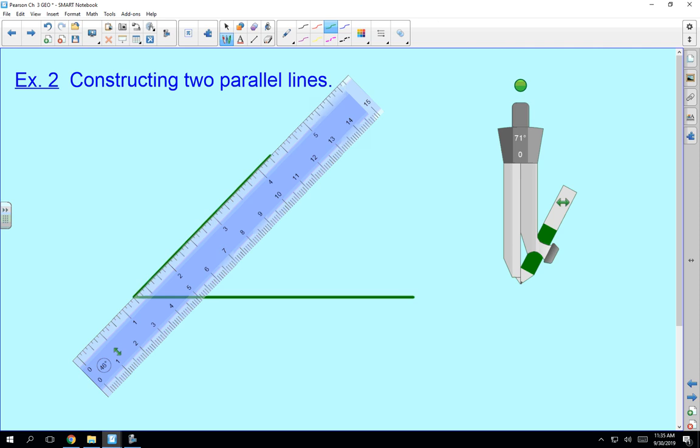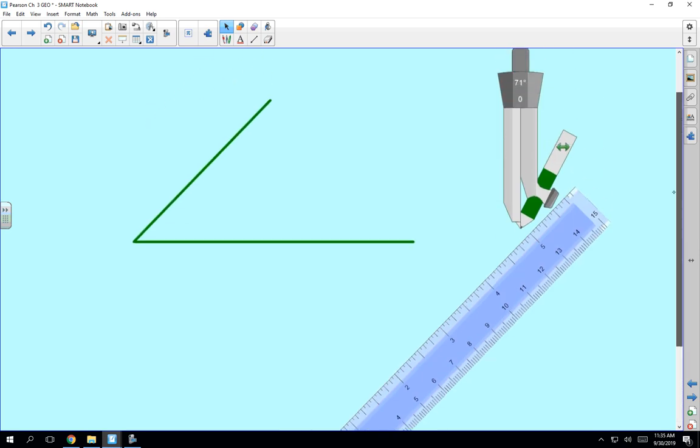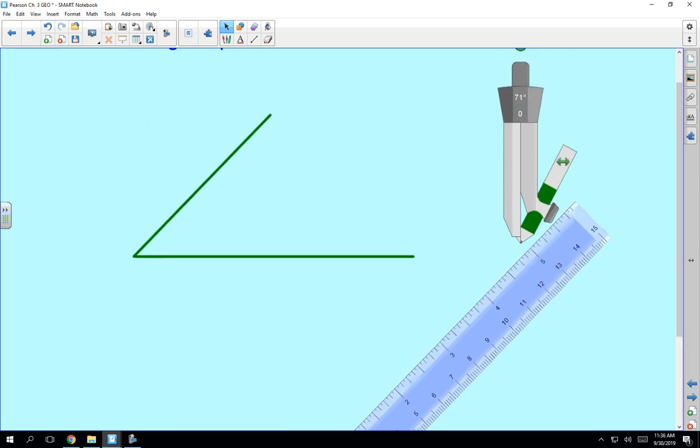As you're creating this little city design, I would like you to leave all of your construction arcs in there. Don't erase them. I know it'll look better with them not in it, but I want to see all the work on there. That's how I know you're constructing and not drawing it freehand. Does that make sense? I want you to construct the perpendiculars and the parallels, parallel roads and perpendicular roads, etc. So we're just drawing an angle,